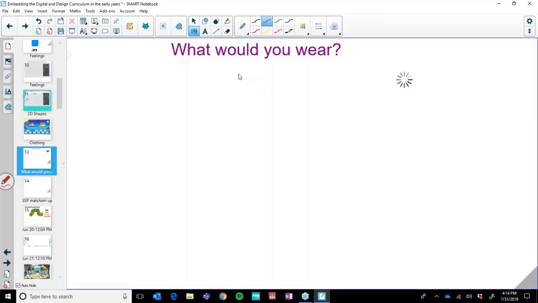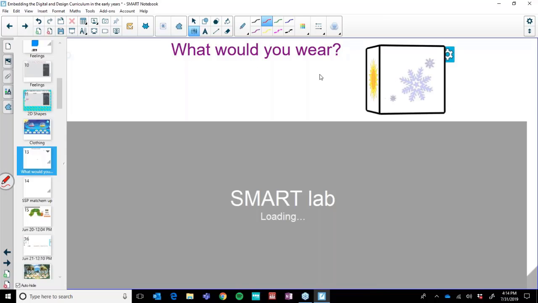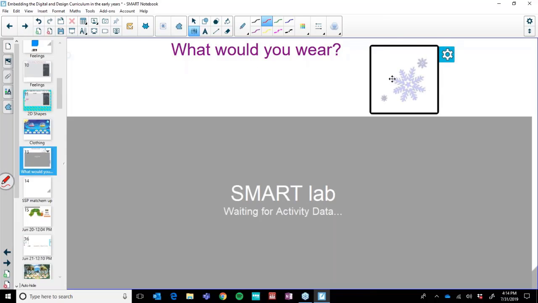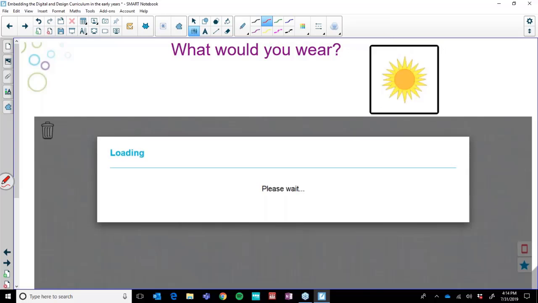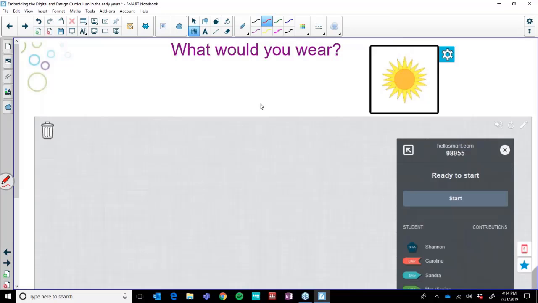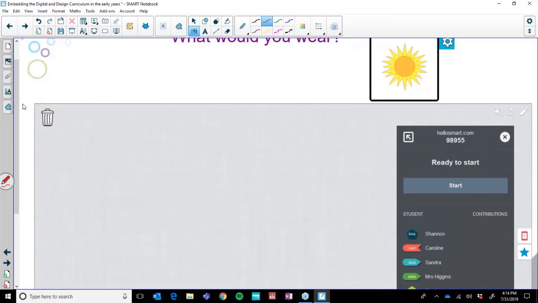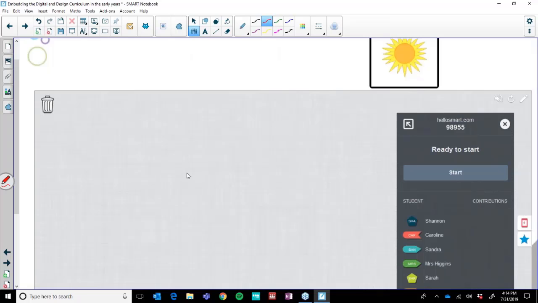From there, we played a game called What Would You Wear? And we chose to use the dice here to tell what the weather was going to be. And we had a dress up box, and our friends could dress up in the clothes that they would wear when it was sunny and send their photo. Their partner would take a photo and send their photos to the shouted out screen.